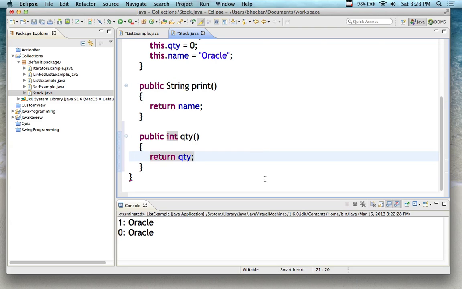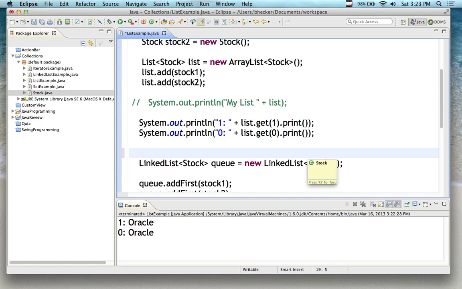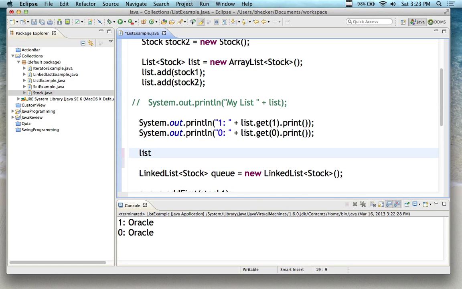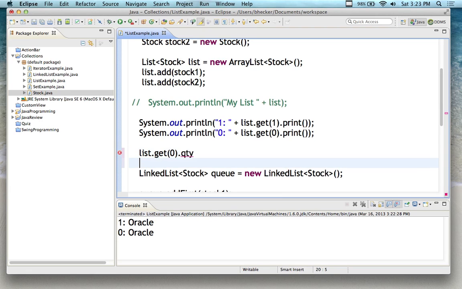So now I have a method that returns quantity. It's going to return an integer. So if I wanted to take that and use it out here, I could use anything that had to do with list.get. What item do I want? Let's say I just want the first one. And then I run a dot, quantity. Well, what am I going to do with that? I could do this. I'm going to say integer amount, let's call it amount, equals, put a little semicolon at the end of it, and now I've